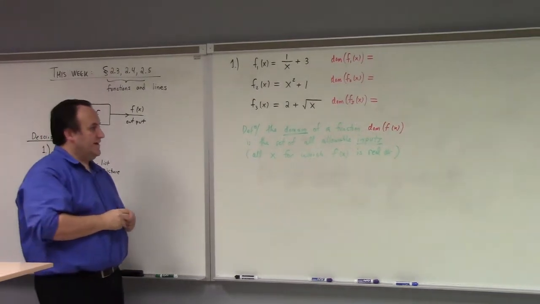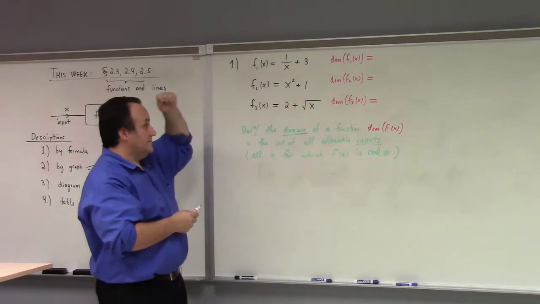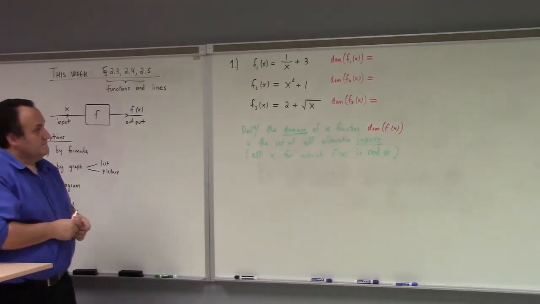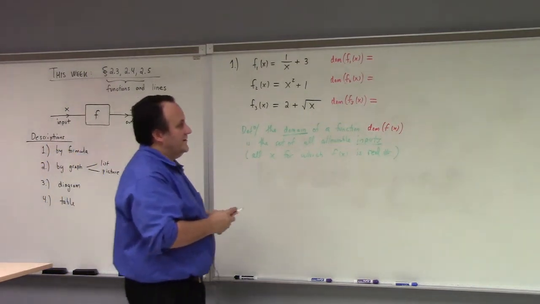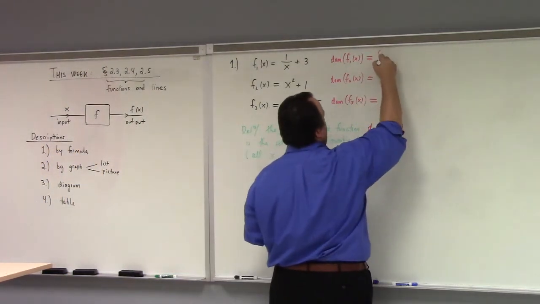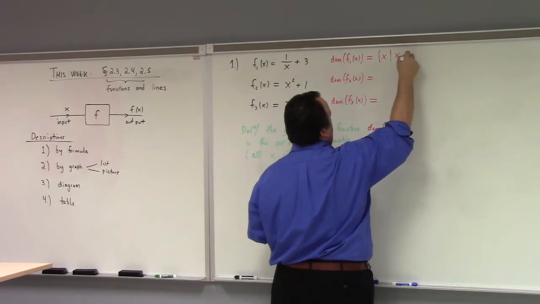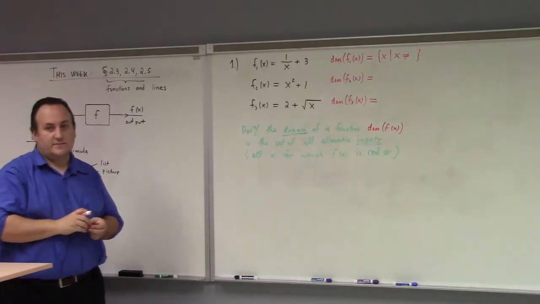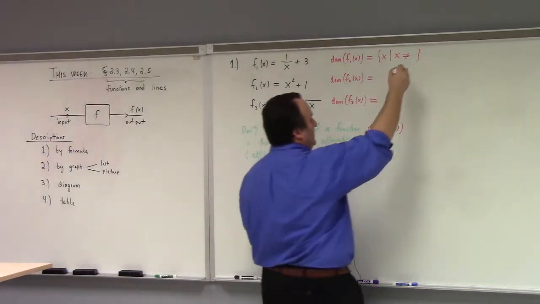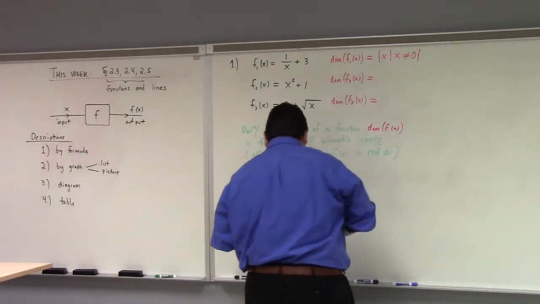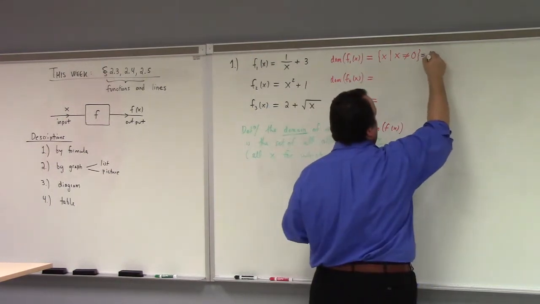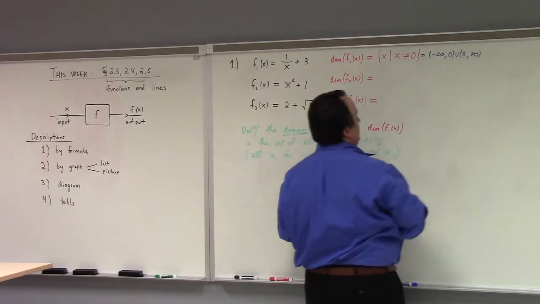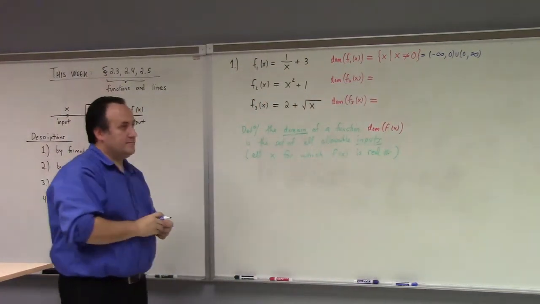So like, which x can you put into the formula here? Here, I'll write it in this way. You say x such that x is not equal to what? What's the one thing we can't allow? 0, right? Now, if we want to put that into interval notation, what's it look like? This is minus infinity to 0, unioned 0 to infinity. So there's the domain in interval notation.